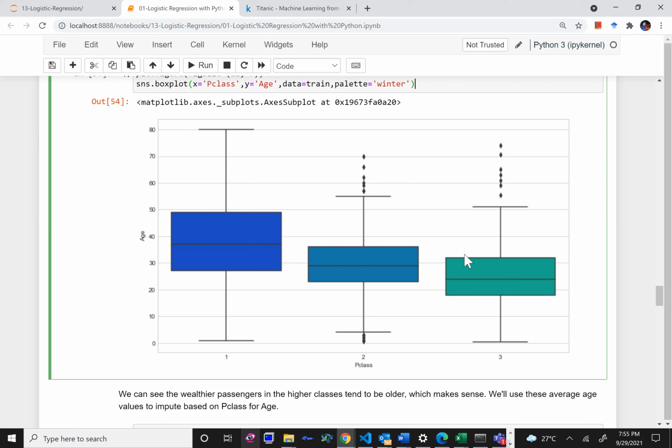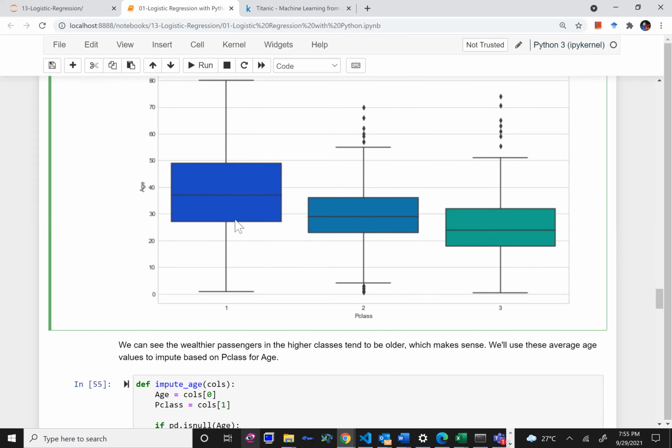So any changes that I make to my data should not affect the underlying distribution that it already has, right? So it's a good choice to impute the age based on the passenger class. Impute means filling in: something is not there, and I'm imputing some value over there, right?